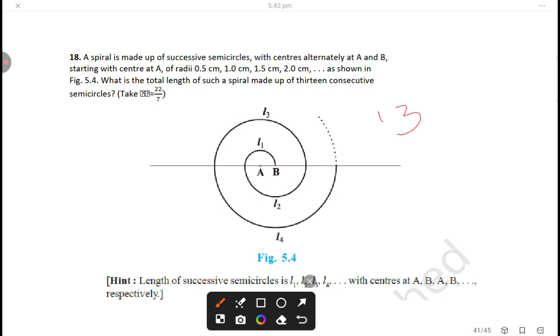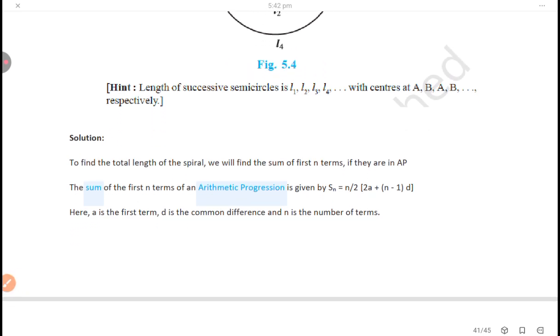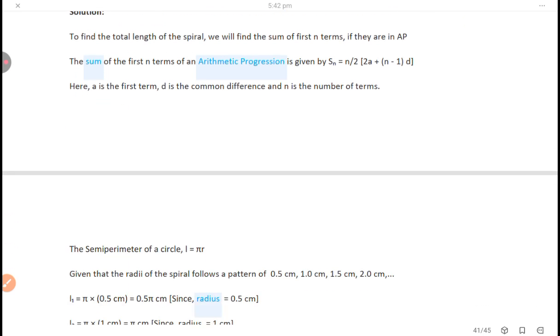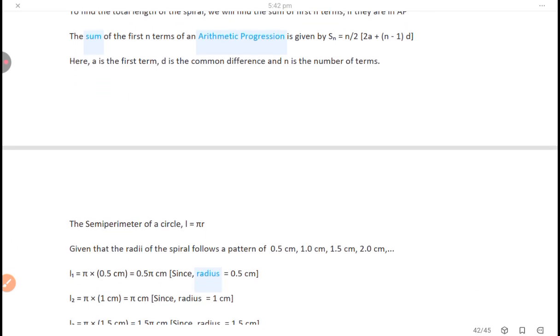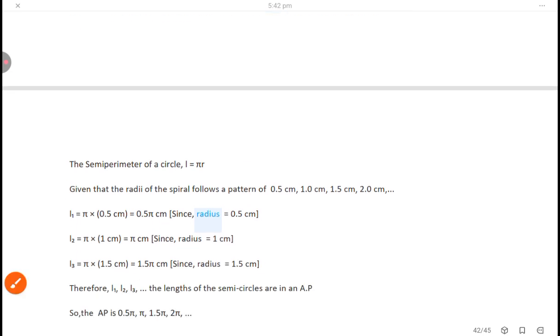So note down the information given. You have to find the perimeter of this semicircle. See, the perimeter of a circle is 2 pi r. The semicircle is pi r. So that is the length. With the given radii, you can find the semicircle lengths. The first is pi r, since the radius is 0.5, then L2,